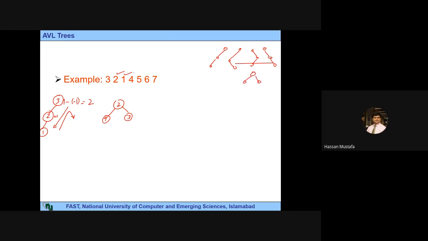ठीक है जी। अच्छा, now I would have to add 4. So adding 4 into this tree, 4 is bigger than 2, 4 is bigger than 3, 4 is added here. ठीक हो गया। पेरेंट का बैलेंस फैक्टर चेक किया, नजर आ रहा है कि लेफ्ट की हाइट -1, राइट की हाइट -1। ठीक है, इस 4 की हाइट -1 -0, इस लेफ्ट साइड ट्री की हाइट 0 है, तो that is -1, तो -1 is fine. 2 को चेक किया, तो 2 के भी लेफ्ट और राइट साइड ट्री की हाइट में 1 का डिफरेंस है। नजर आ रहा है कि this branch is 1 step longer than this one. ठीक है, लेकिन आपको चेक करना पड़ेगा कि 2 के लेफ्ट सब ट्री की हाइट है 0 और राइट सब ट्री की हाइट है 1, तो the difference is -1। ठीक है जी।